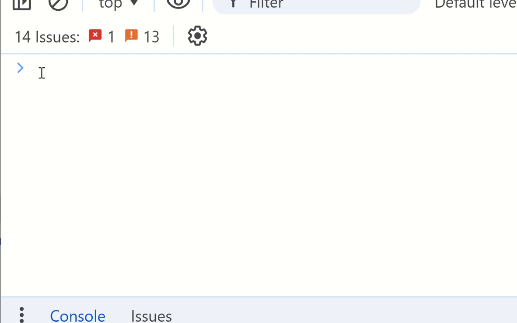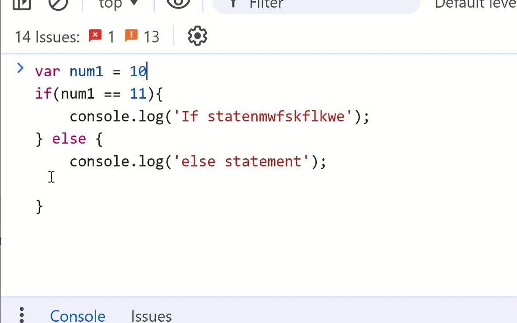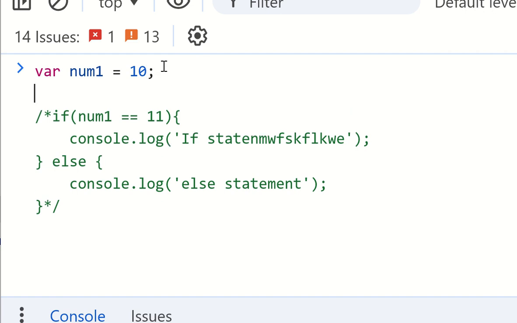So how do we replace these things? Let's comment this statement so that the controller will ignore it, so you can understand. And here, number 1 is equal to 10, question mark. This is the condition. We have made the syntax: first condition, then question mark, output 1 and output 2.